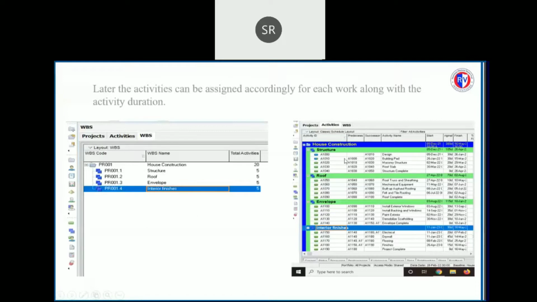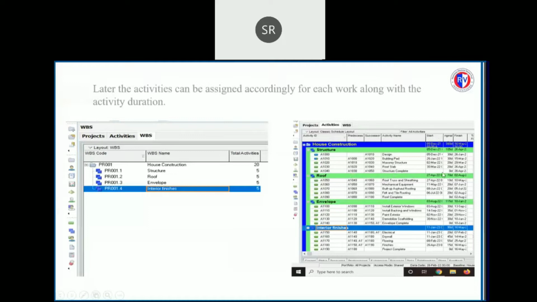For each structure, the activities have been assigned as follows, such as designing, building the pad, masonry structure, etc. These are all task dependent activities. Each work breakdown structure ends with a start milestone event or an ending milestone event. The structure completion is an ending milestone event.